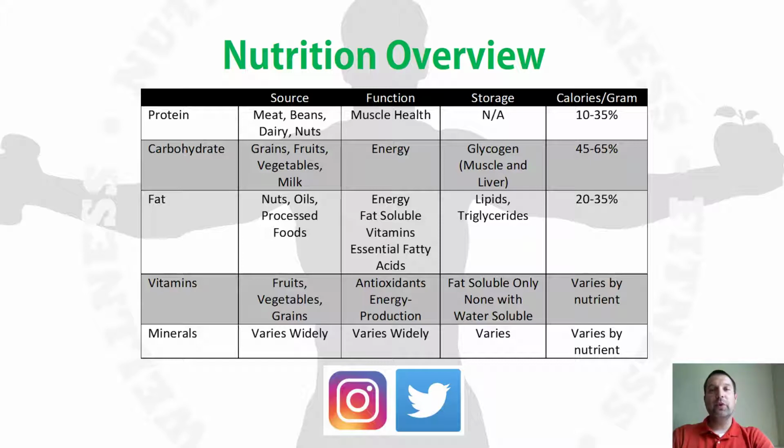The recommendation for protein, the AMDR stands for Acceptable Macronutrient Distribution Range, for protein is 10 to 35% of calories. So that would be the recommendation for the average individual. 10 to 35% of total calories in a day should come from protein. We will look toward the end of this lecture at the sport nutrition recommendation for protein and how it differs